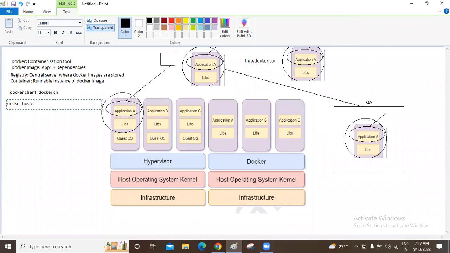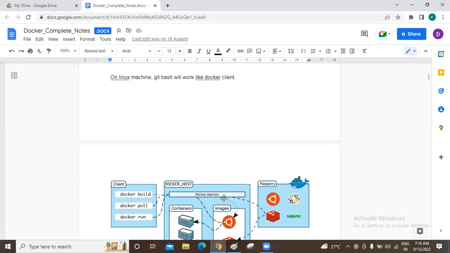Docker host means the machine in which Docker is installed is called as what? Docker host. Let's suppose that this is my Windows machine. If I install Docker desktop in this, then my Windows machine, we can call it as Docker host because it is hosting the Docker. If you have the Linux machine, whether it can be in AWS or Azure or GCP or in your on-prem, in your local laptop, if you install Docker in those virtual machines, then that machine we can call it as Docker host because it is becoming host for Docker, right? Docker client, nothing but the Docker CLI.